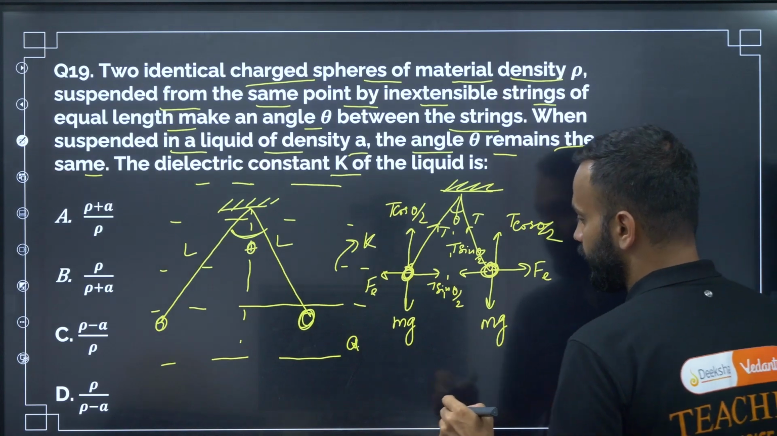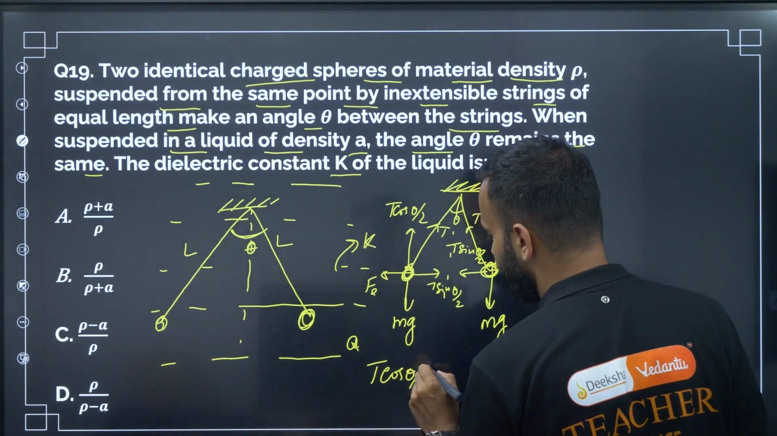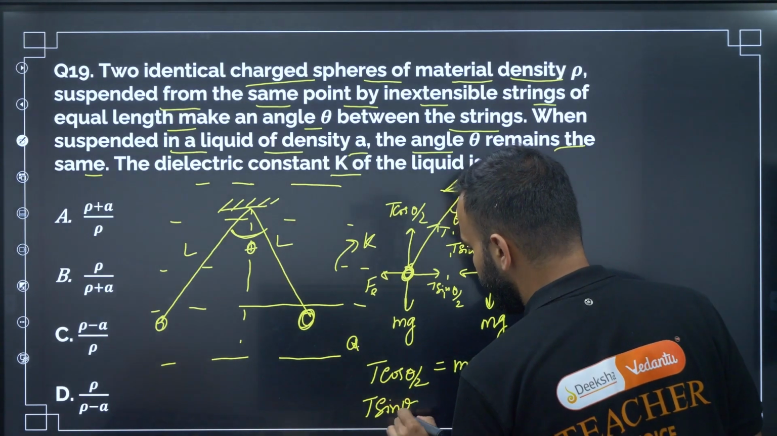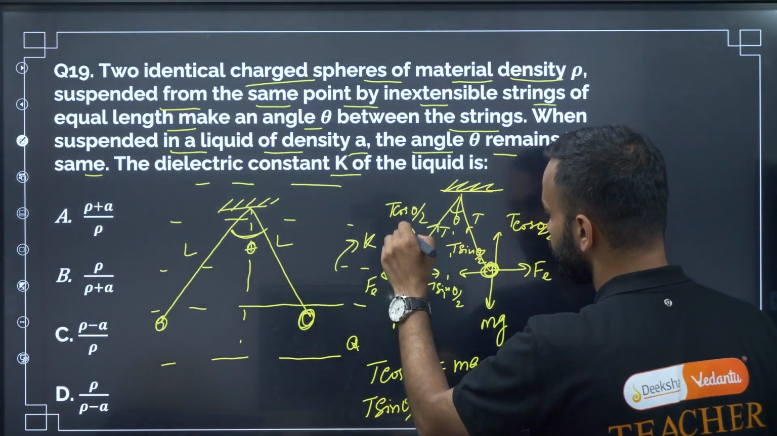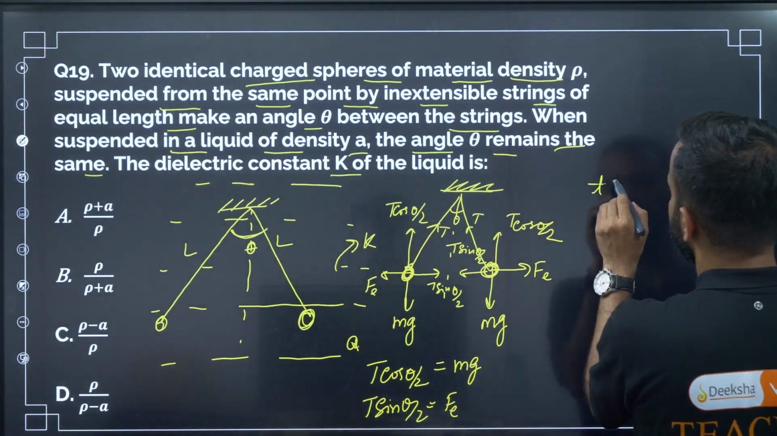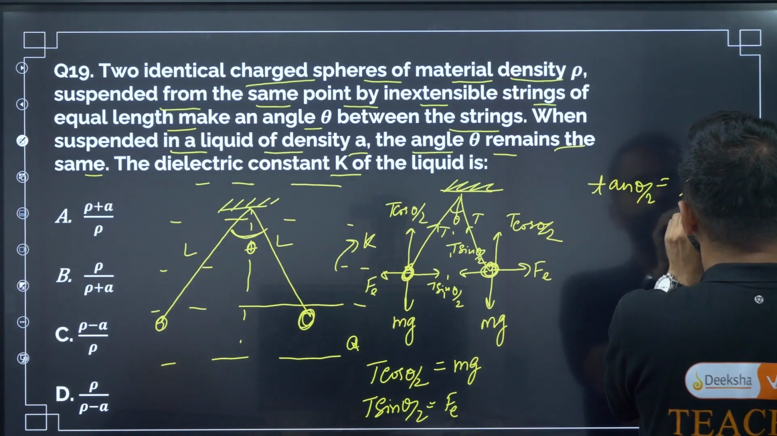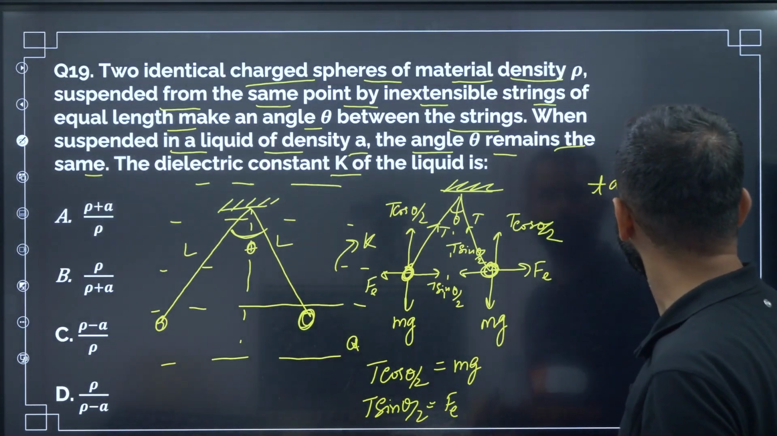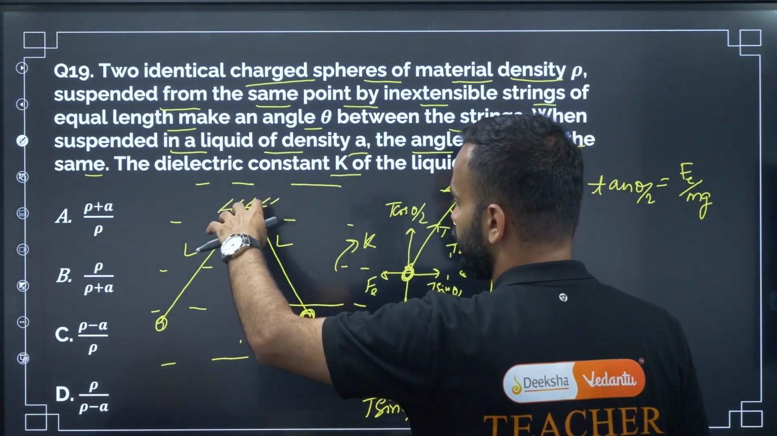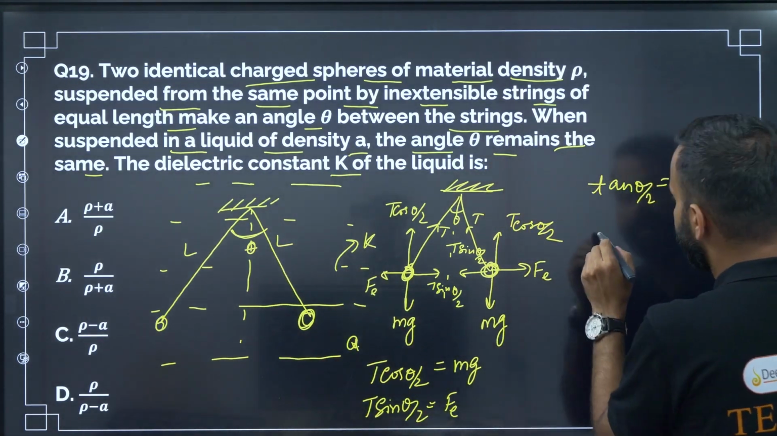Now apply Newton's second law of motion. So T cos theta by 2 is equal to mg. T sin theta by 2 is equal to Fe. So tan theta by 2 is equal to Fe by mg. Tan theta by 2 is equal to Fe by mg. Here the angle remains the same when you immerse the whole system into a liquid. So now tan theta by 2